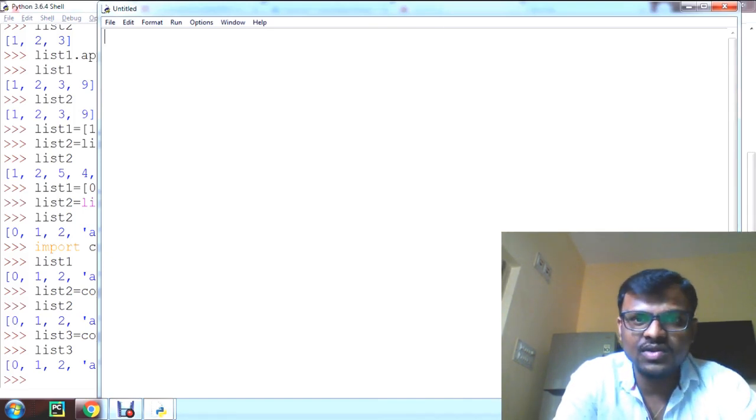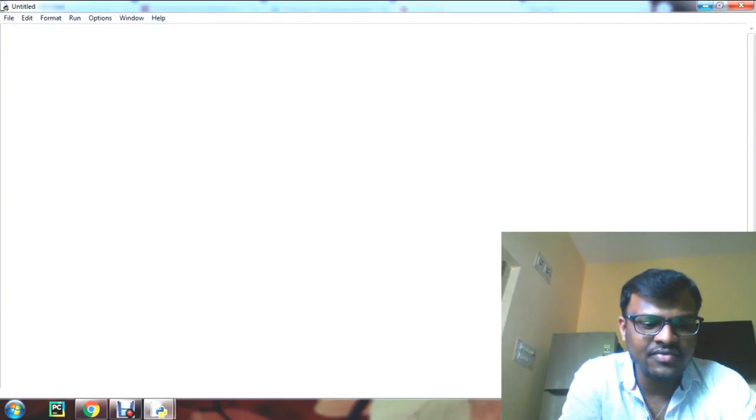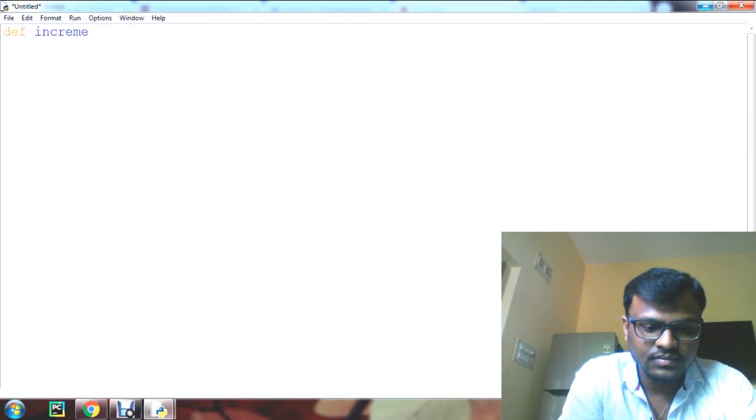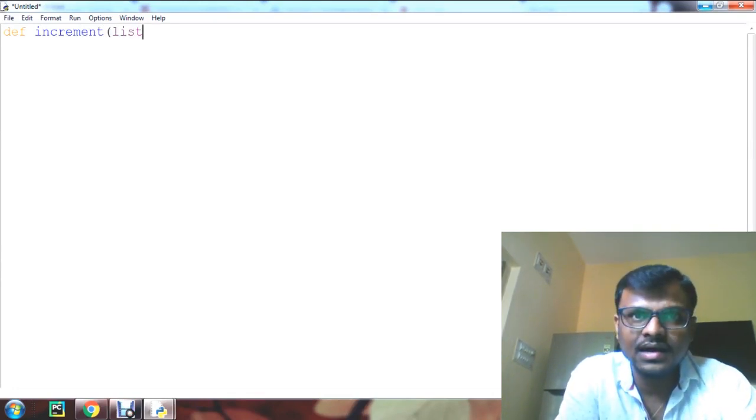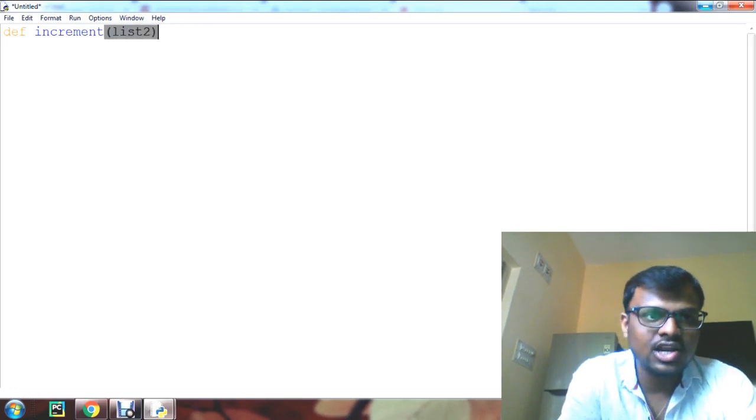So I am creating one new file. Let us define the function called increment. In this function increment I am passing the list as the argument, for that I am giving list2.